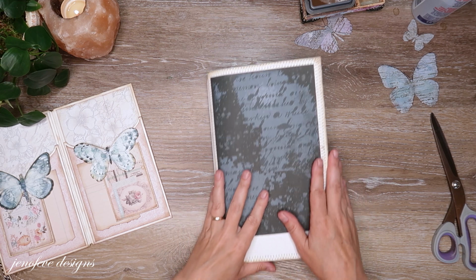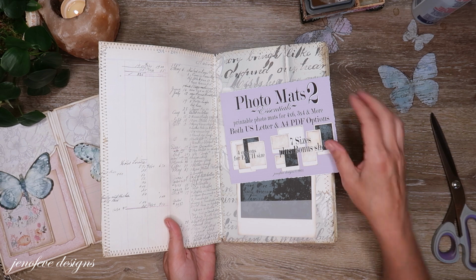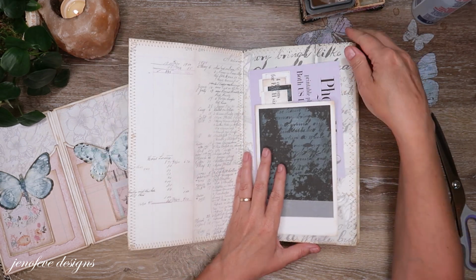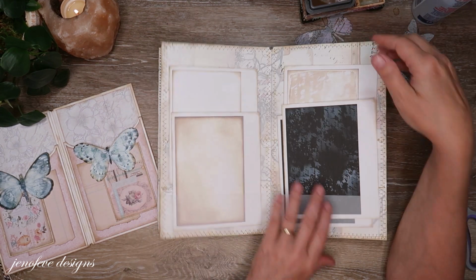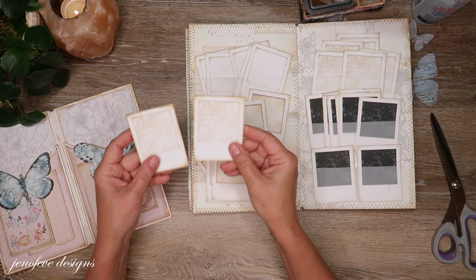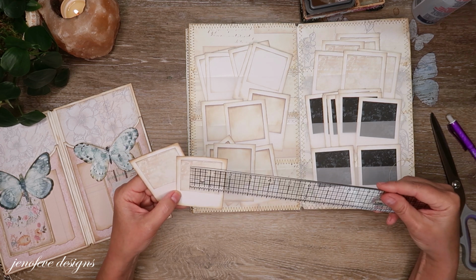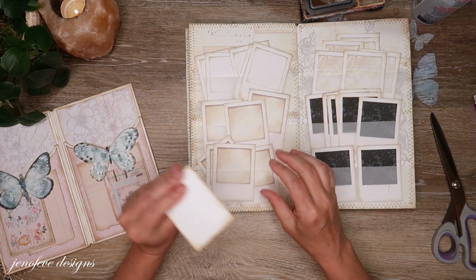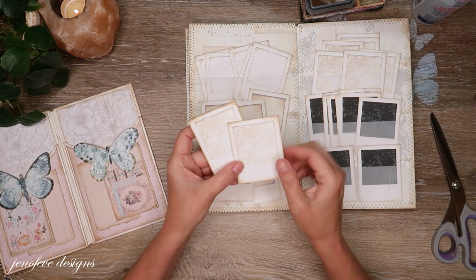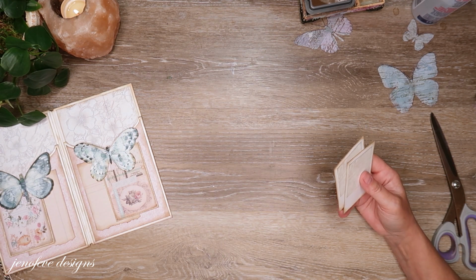Sorry, my camera cut off. And that was from the Photomats 2 Essentials. So these are kind of like Polaroid photo mats, and I wanted to use the smaller ones. This is a 2x2 square, I believe, that you can put in there. Yeah, 2x2 squares, and these are inked up. And I'm using the one that's kind of like the vintage, scripty vintage background. So I thought this was just the perfect little